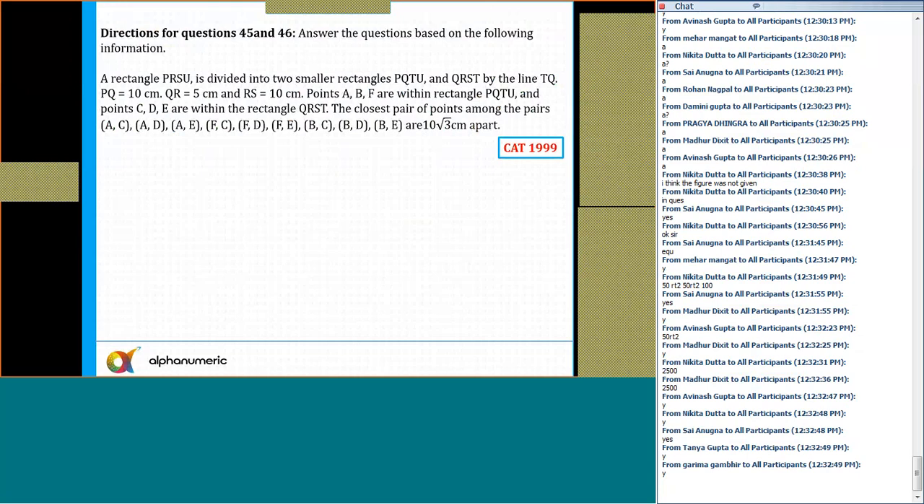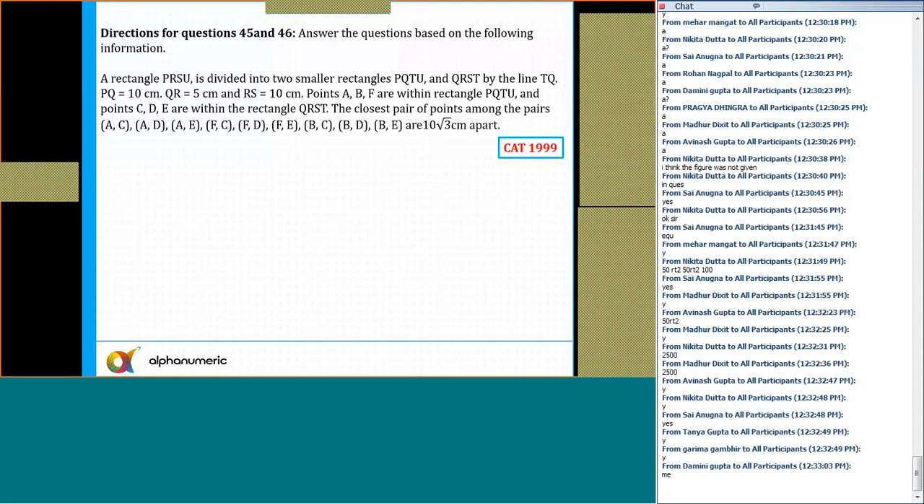Questions 45 and 46, another very, very interesting one. How many of you have solved question number 45 and 46? Okay, let's check the answers. What are the answers? It says a rectangle